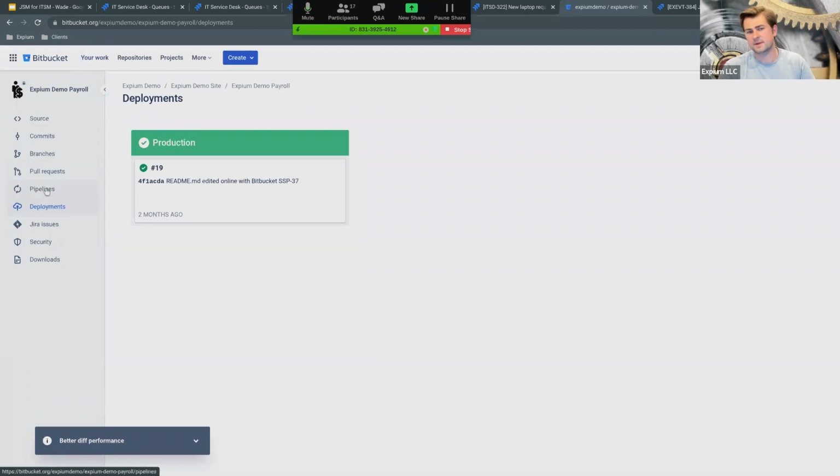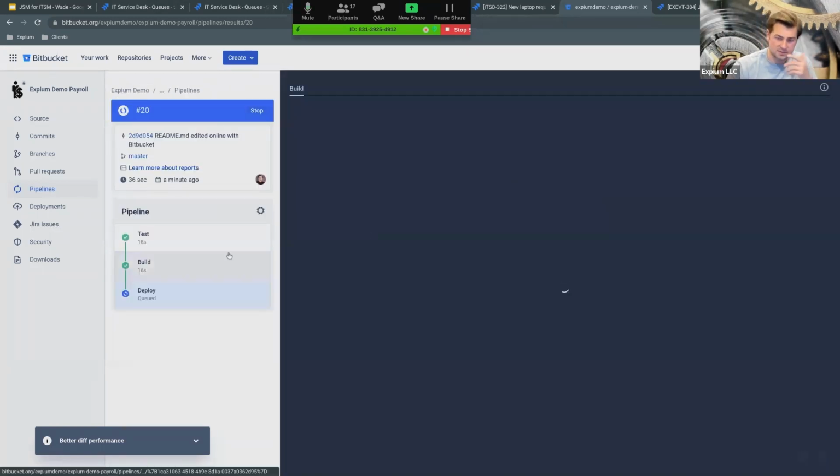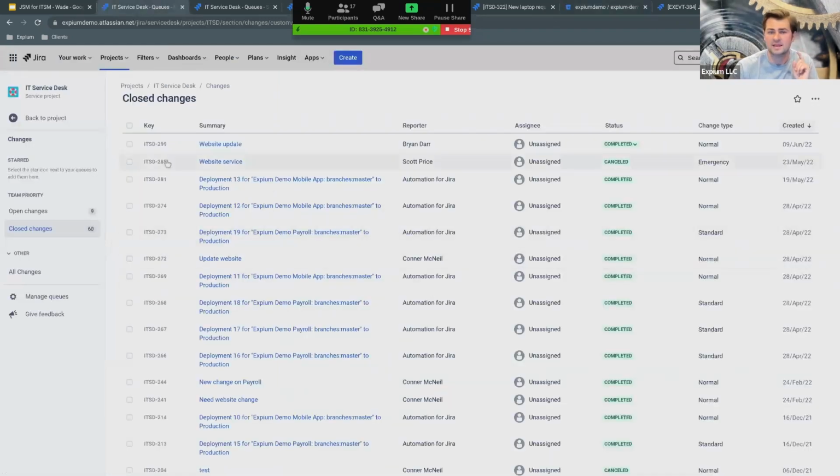So what's supposed to happen, and I'm not quite sure why. Oh, it's still in progress. That's why. So what I was trying to show you originally was a standard change that required approval. We'll go in and automatically create that ticket, notify the correct users. But for something like a normal change, we could actually come straight into Bitbucket, make a change to our commit, the code, and what it will do once it stops deploying is it will have automatically gone in